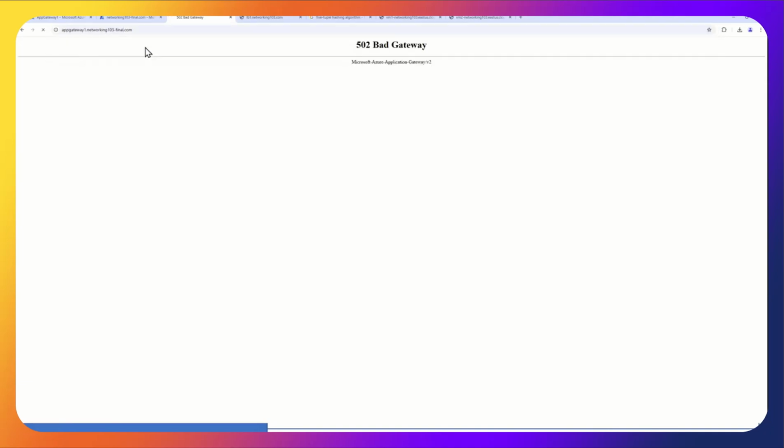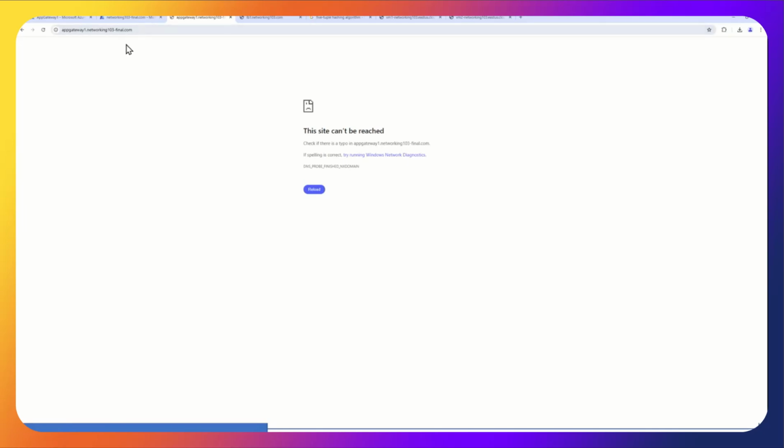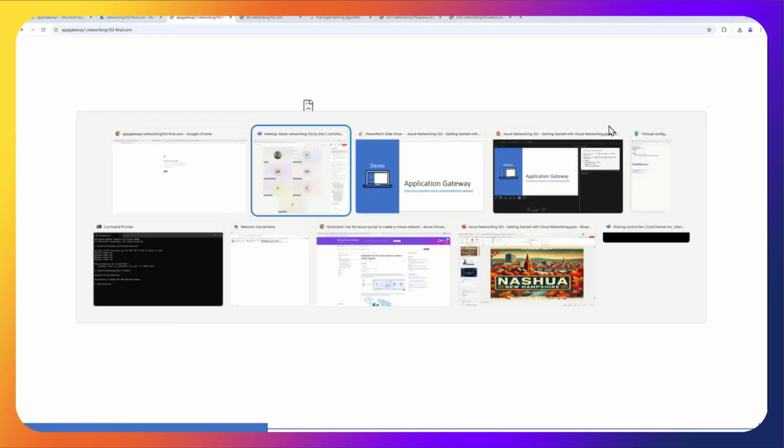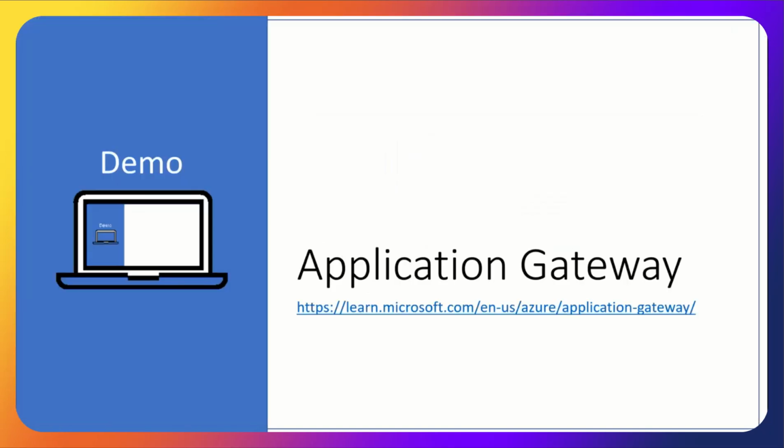Okay. All right, well, I'll just walk us through it. So what would happen is, as I hit refresh, this would use round robin, and we would see VM1 and then VM2 and then VM1 and then VM2. And that would be the application gateway working. So since we're close to the end in time, I'm going to talk about the others.